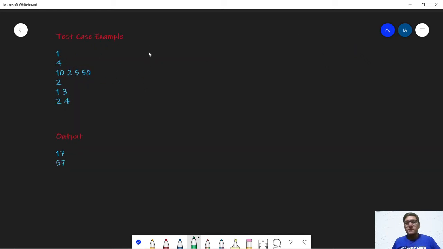In the first test case, we are given 4 islands. So we can name them as 1, 2, 3 and 4. And the value of gold coins for each island is given as: the first island is equal to 10, then 2, 5 and 50. Now in the first query, we are given q1 is equal to 1 and q2 is equal to 3.